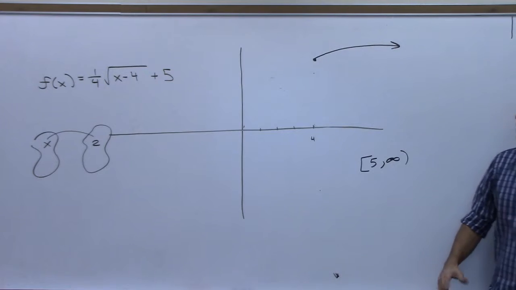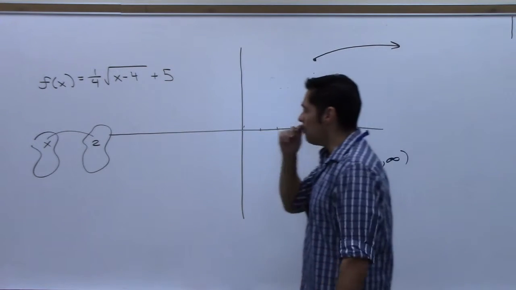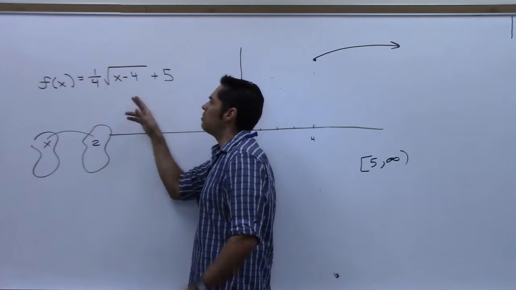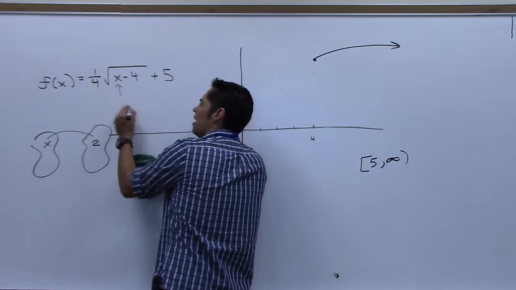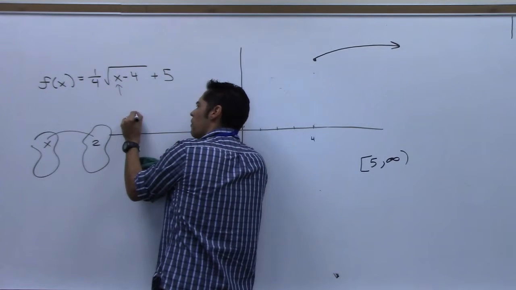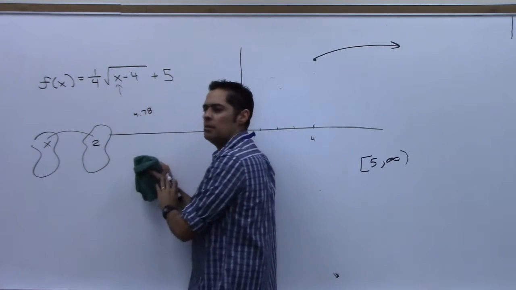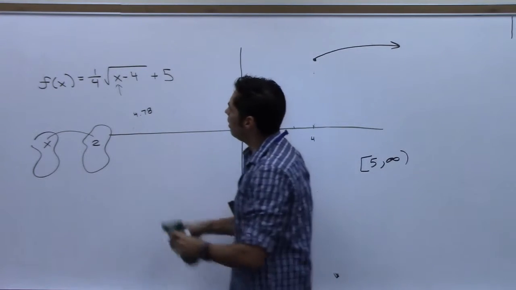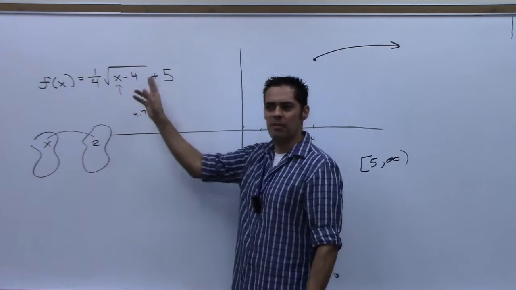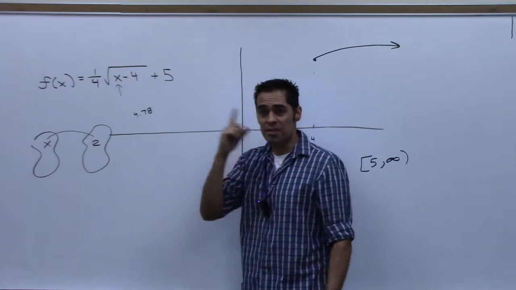If you just go and ask someone, hey, I'm curious, is it possible for me to plug in an x and it spits out 4.78? Someone's going to sit there and say, well, I don't know, I'm going to have to set that equal to 4.78 and try to solve it. But if you understand,